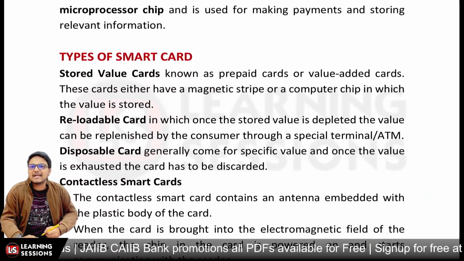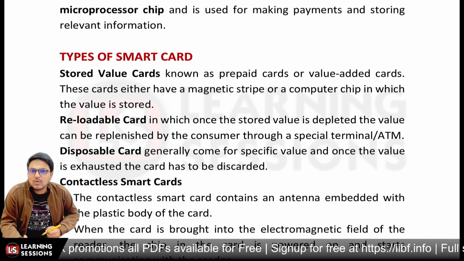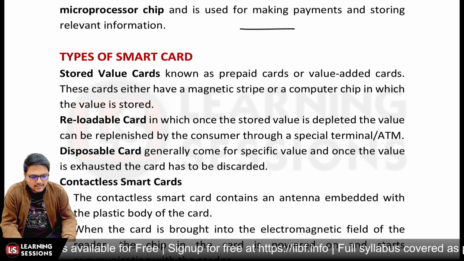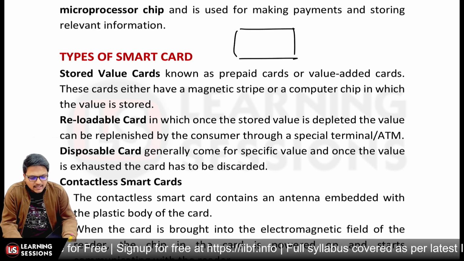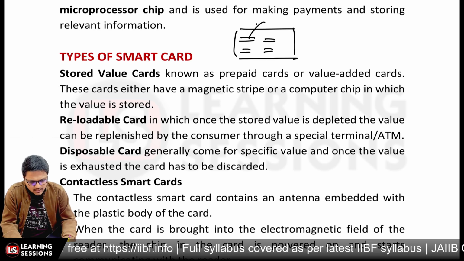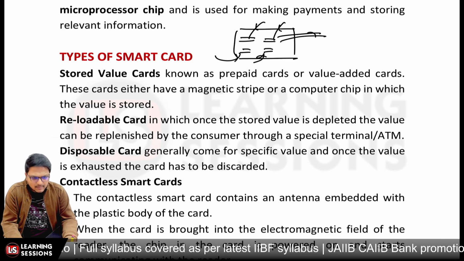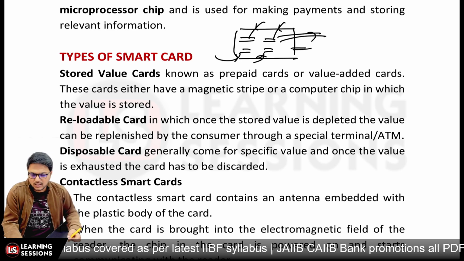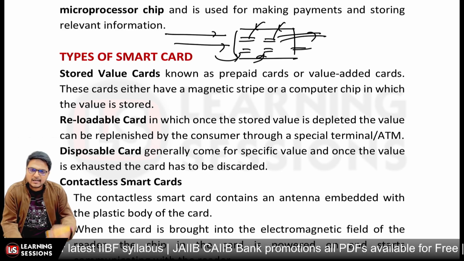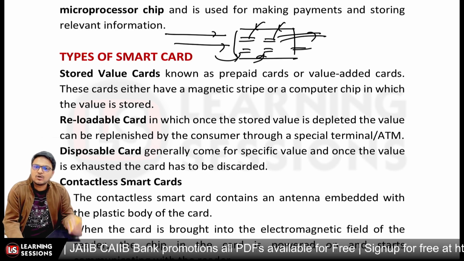Now let's have a look at the types of smart card. First of all, it can be used for stored value cards, like prepaid cards or value added cards. Like we have a smart card with multiple pockets, where each pocket is basically storing a value added card, right? And I can load cash to these cards and further utilize it for different purposes. That's a stored value card. And also it can be a reloadable card where you can reload funds into a card, and it can note that this amount was loaded, this amount has been used and this amount is pending.